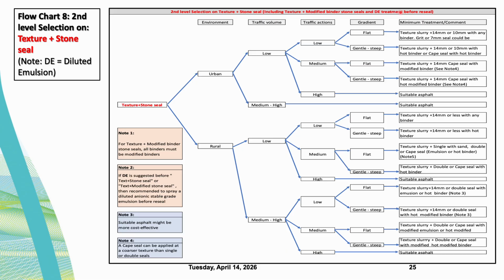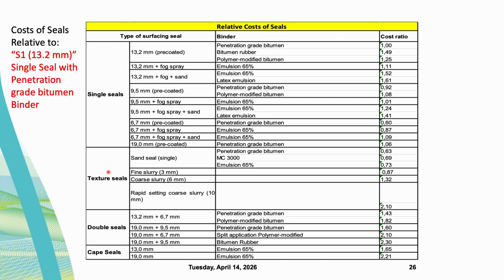So different solutions for different conditions by following the arrows. If that is what you want to do, the visual inspection indicated you need texture and you need a stone seal. Here are